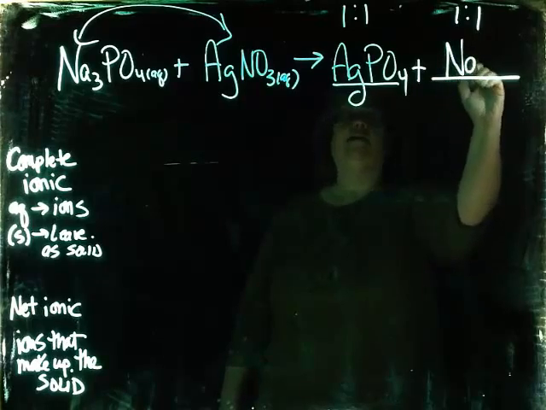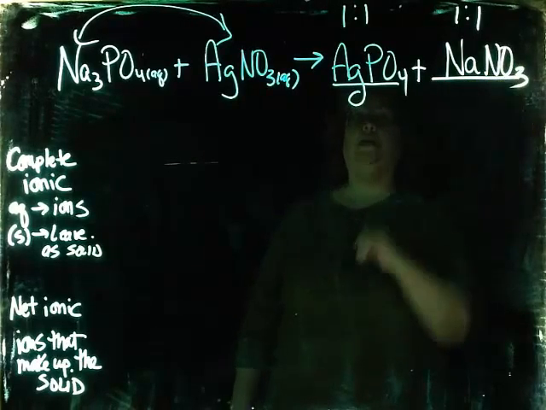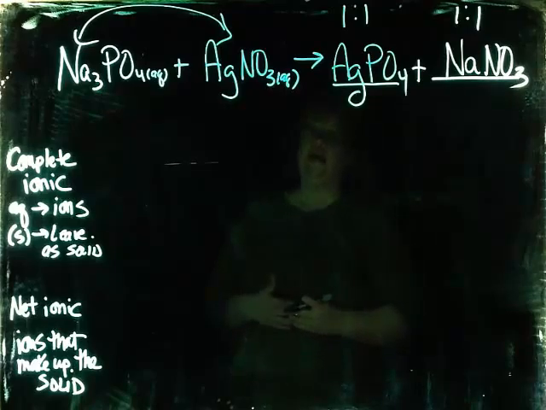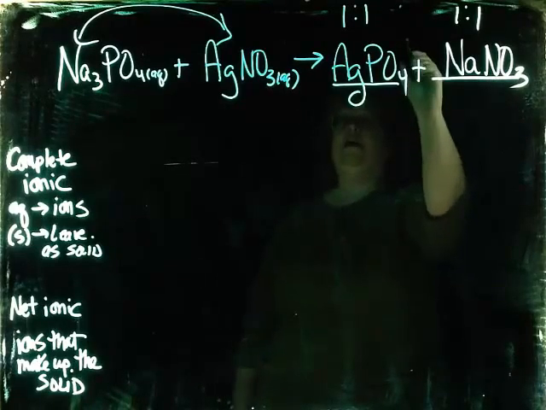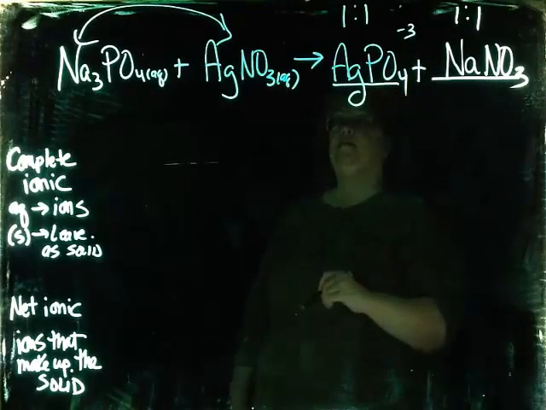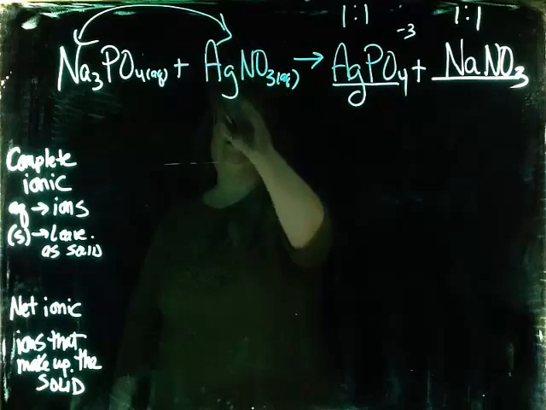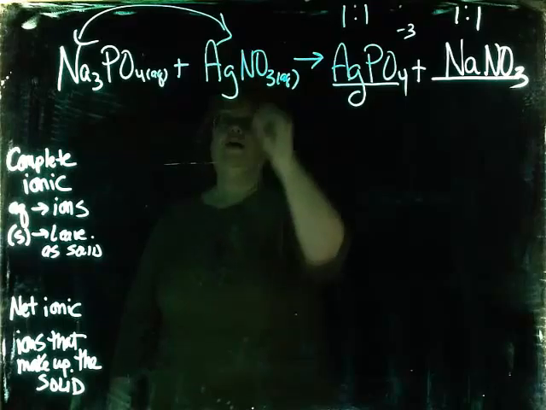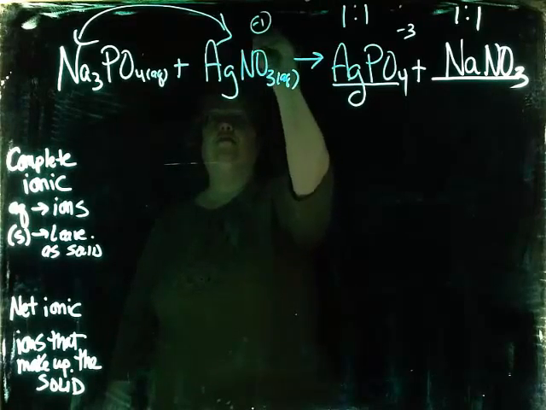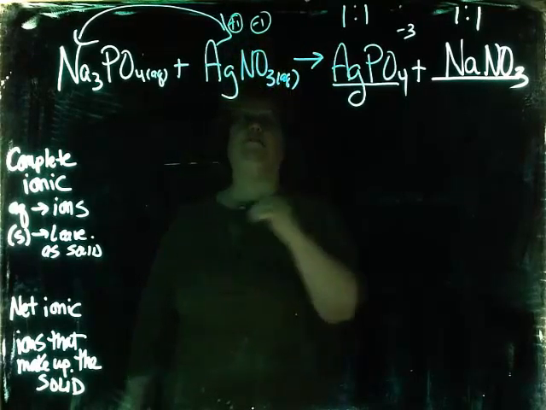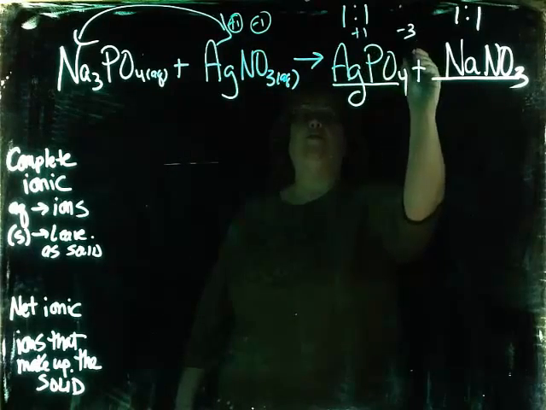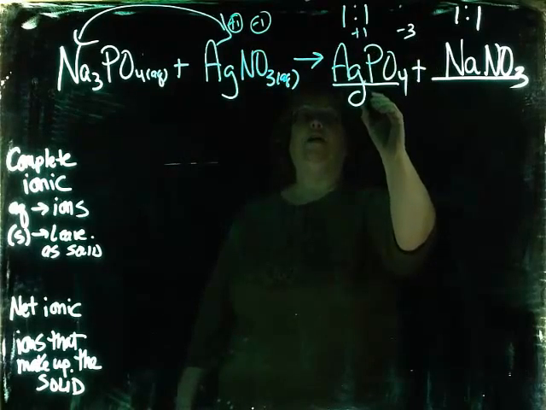Na is going to hook up with NO3. I'm going to go ahead and now check those charges. Phosphate is a -3. Remember, our charges for transition metals come from what they were as a reactant. We know that nitrate was a -1. That means silver had to be a +1. So when I crisscross those charges down, it will be